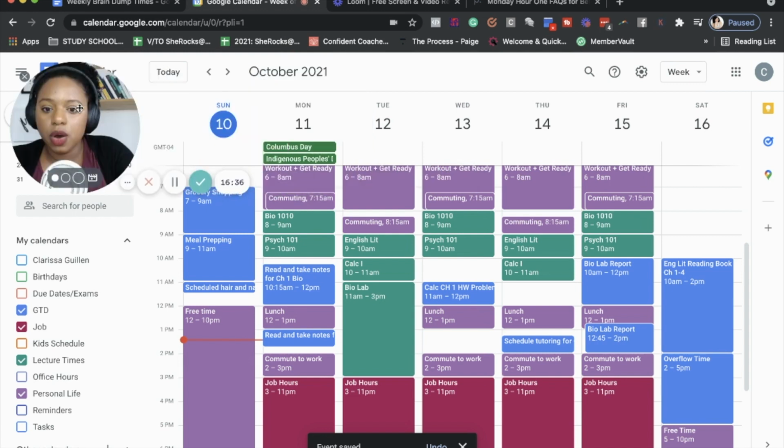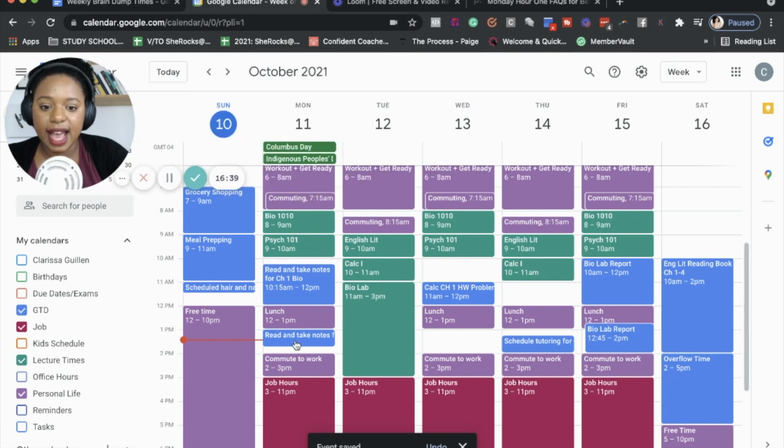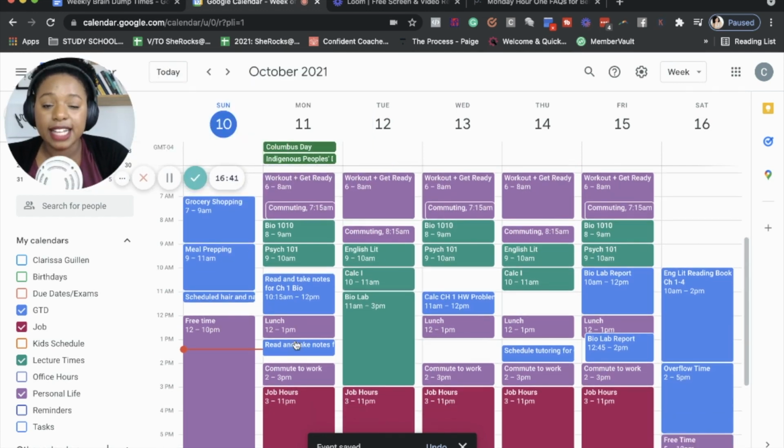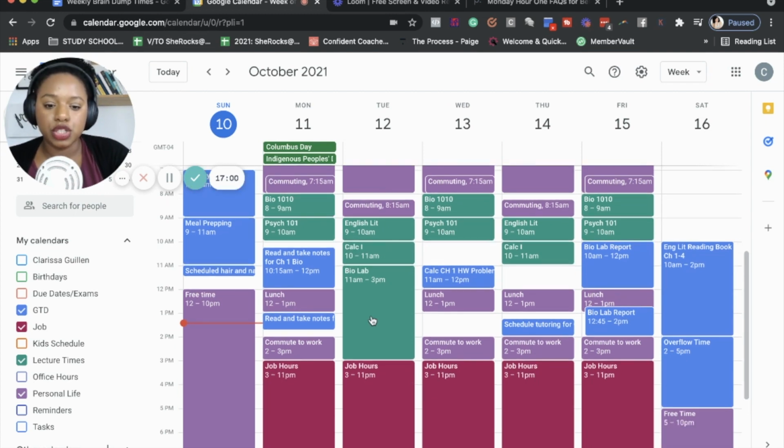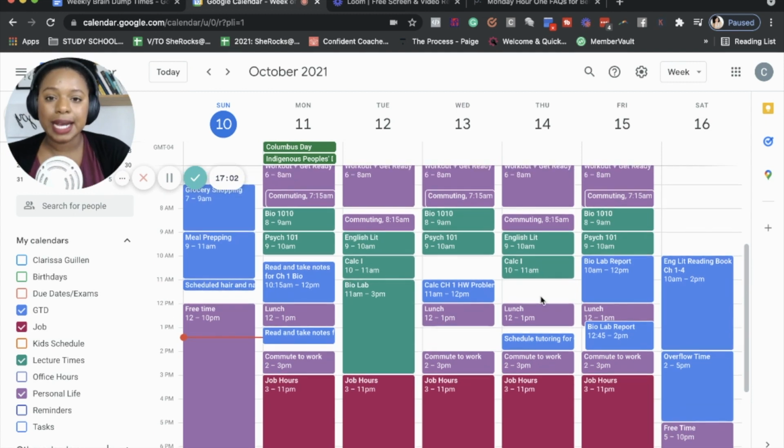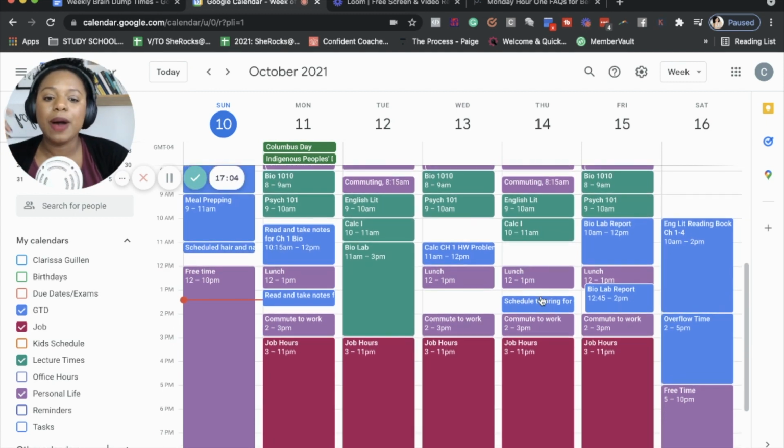Okay, so this is what my calendar looks like after all of that. As long as I stick to this the way that it is listed out, and as you can see, I have a psych class and I didn't even brain dump for that, but I would obviously have noticed that and gone back in and decided, okay, when am I going to get my psych reading done? And I literally only have these blocks of time to do it. So it'll have to get done during one of those times, but I'm not concerned about any of this because